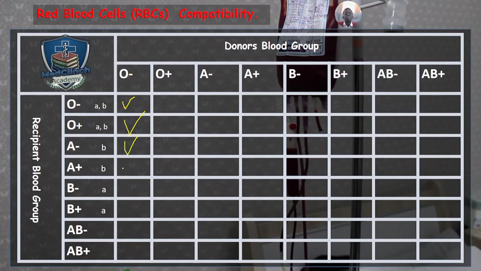Anyone can receive this blood, because this blood lacks the antigen. So I'll put a tick across the column. So that's rule number 1. Using rule number 1, we have filled this section of O negative, because O negative is a universal donor. Now, rule number 2 that you have to know is that